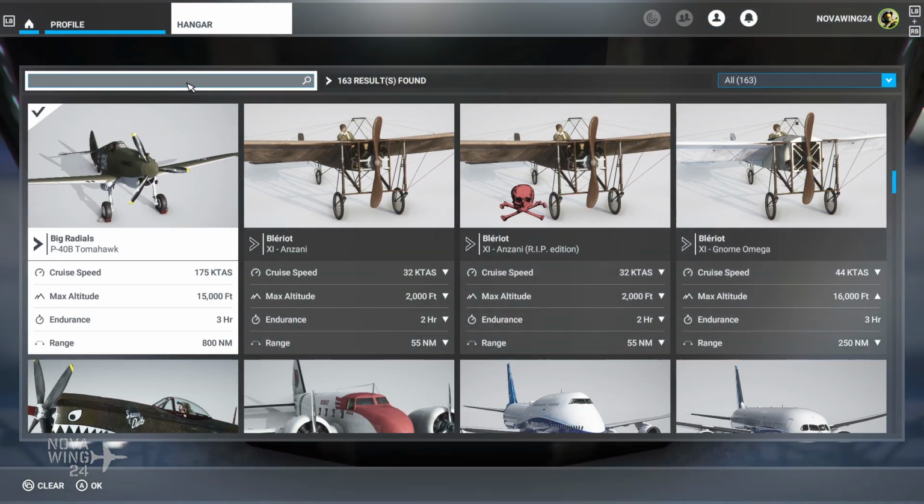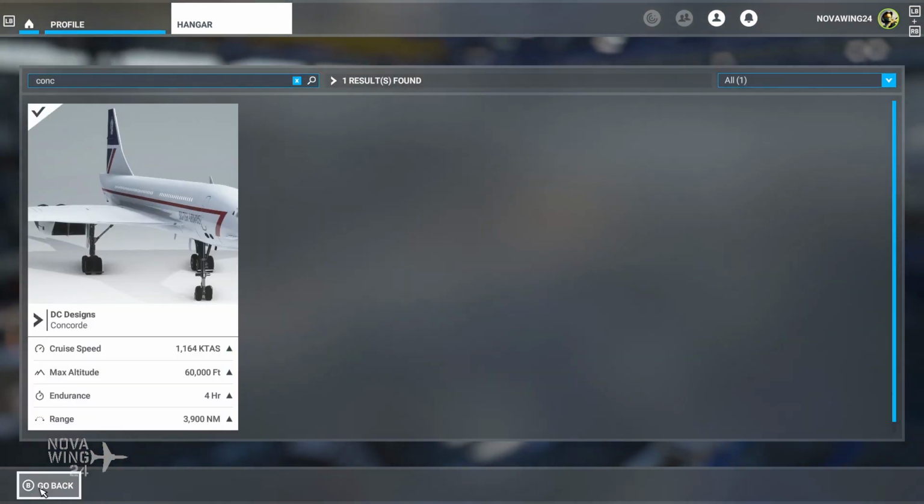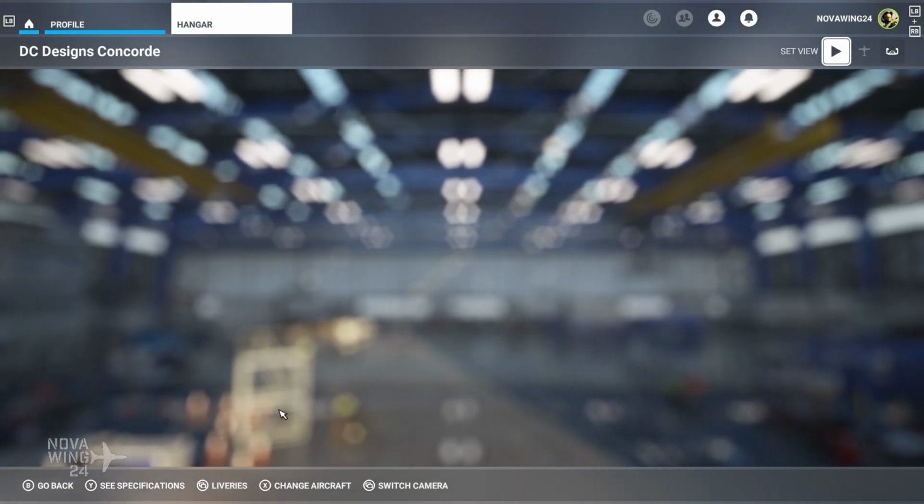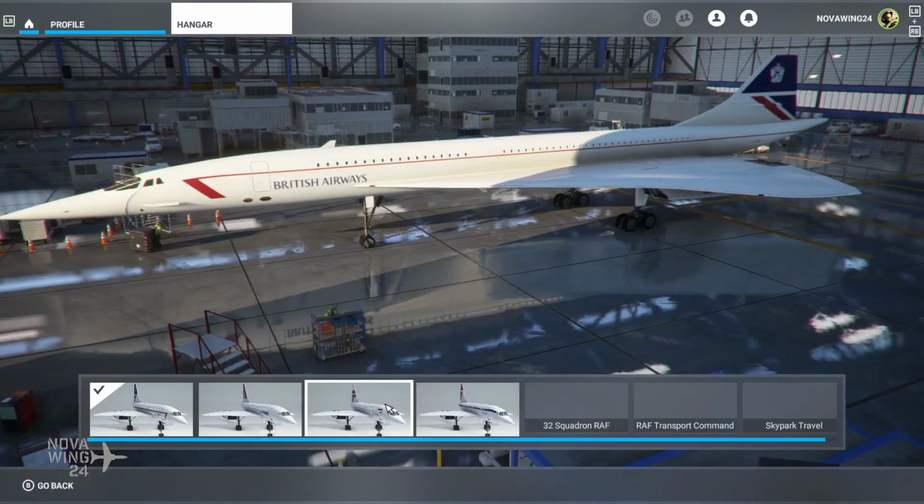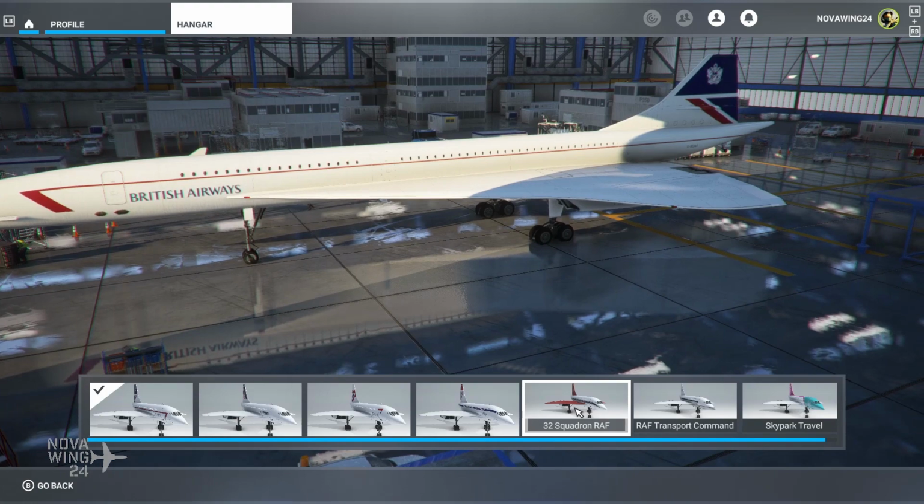So first off, let's grab the Concorde one, which was the one that used the installer. Installers are not to be feared, by the way. And then we're going to load this one in, let that load. Then we're going to click on liveries. And we're going to see that it was a Royal Air Force Transport Command one, which includes 2 liveries,